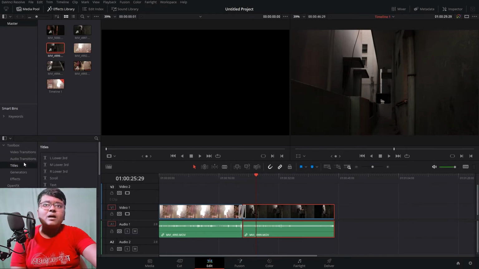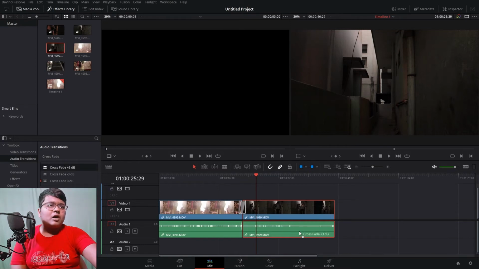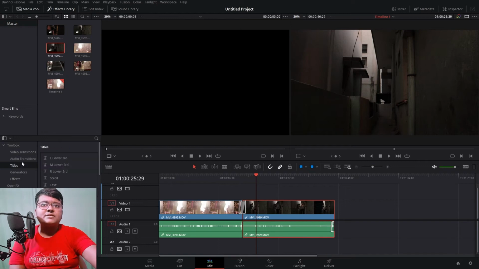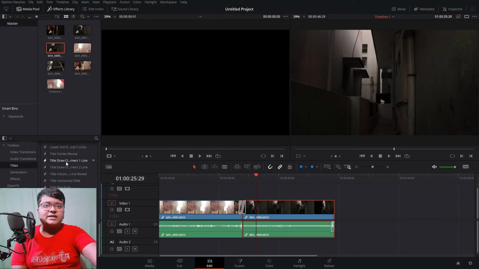Then these are the audio transitions. If you want an audio transition, you can add this transition. And then here are the titles. Titles means the heading bars or the lower text, or anything related to text can be added here, subtitles and all.